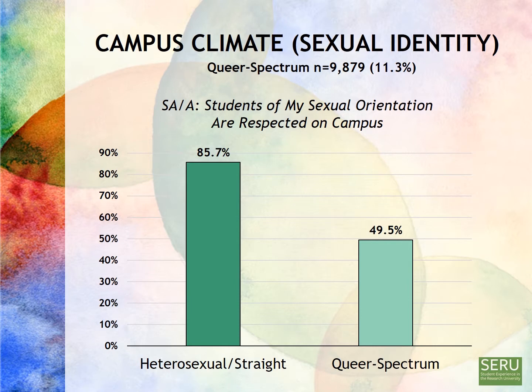So these are results from items from the campus climate section of the survey. It can give you an idea of the differences between the two categories that were created here, heterosexual, straight, and queer spectrum. And there'll be a noticeable pattern here with all the results we look at. For this particular item, students are asked to rate their feelings of respect based on certain attributes of the student. And this one's sexual orientation. And here you can see nearly a 30% difference between feelings of respect, strongly agree with that statement, for the heterosexual straight students versus queer spectrum. Next slide.